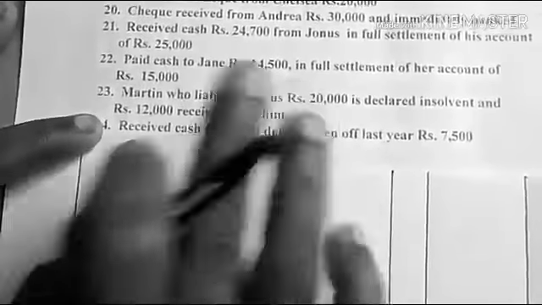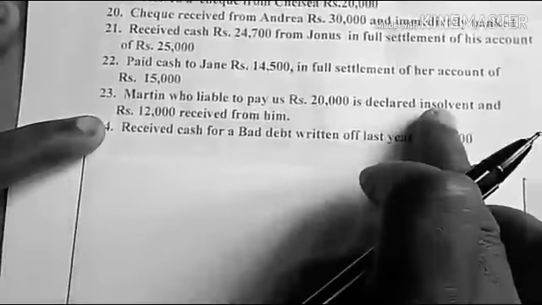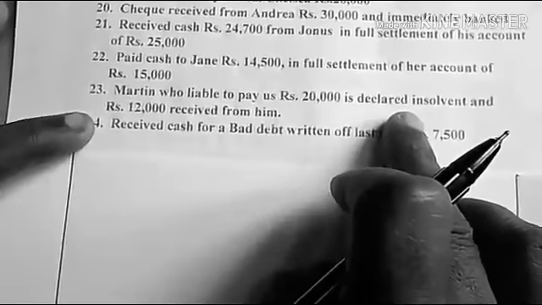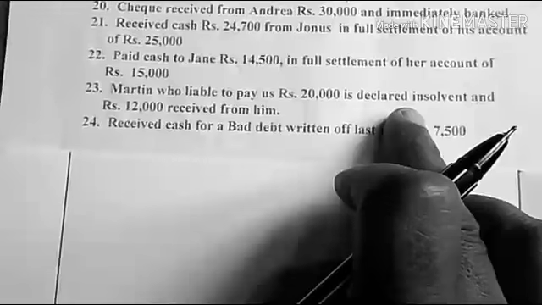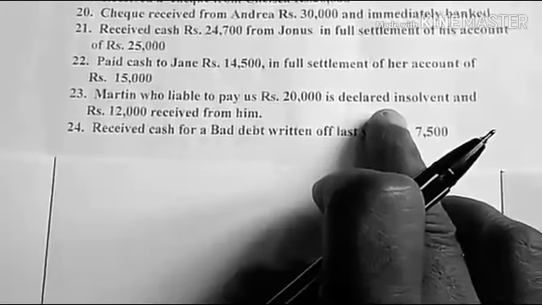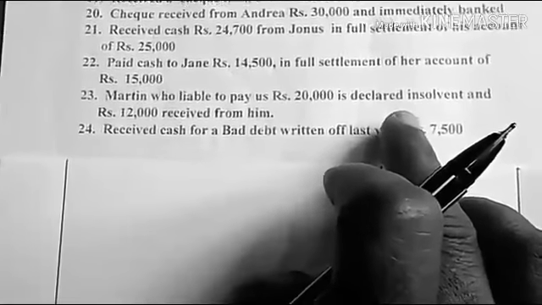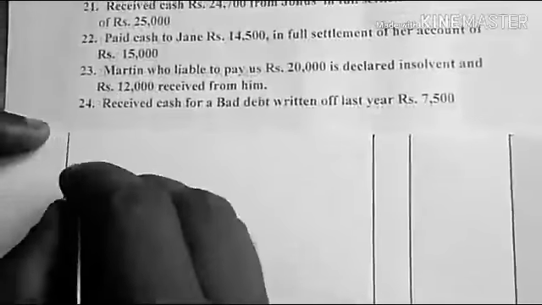8,000. That 8,000 is not a discount. Martin is insolvent. So insolvent means you cannot recover the amount from Martin. That amount is called bad debts. Bad debts means irrecoverable. When you cannot recover the amount from a particular customer, it is called bad debts. So the entry for this transaction is